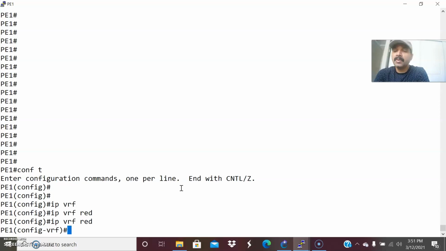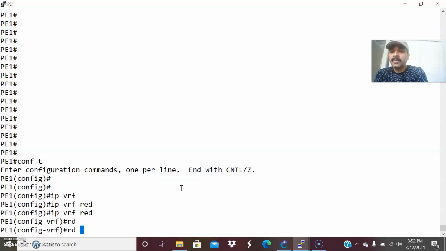A single global routing table I am just segregating into multiple virtual instances. Each virtual instance indicates a single virtual routing table. It is just like a VLAN. It is used to differentiate the routes of multiple different customers, and for that reason we are using VRF. Under this, I am going to define the RD. RD is a 64-bit or 8-byte value which is used to differentiate identical routes. If both customers are using the same routes, then we can differentiate them by using RD.